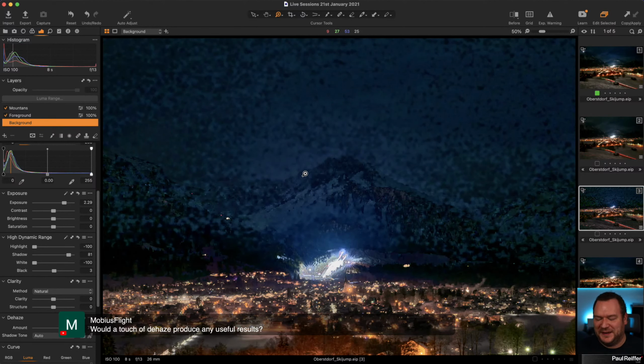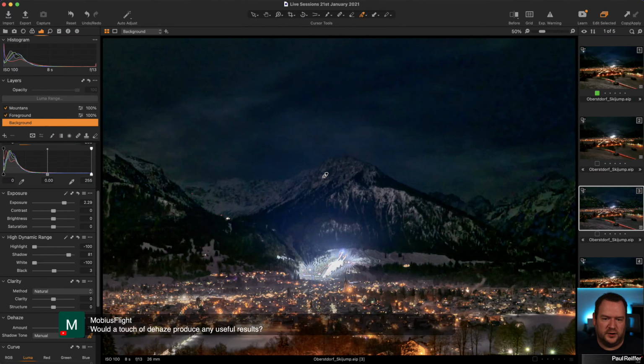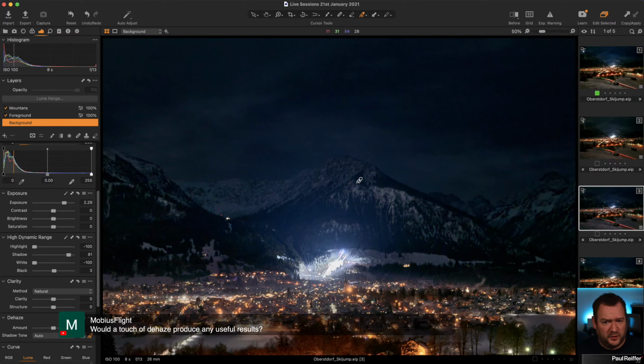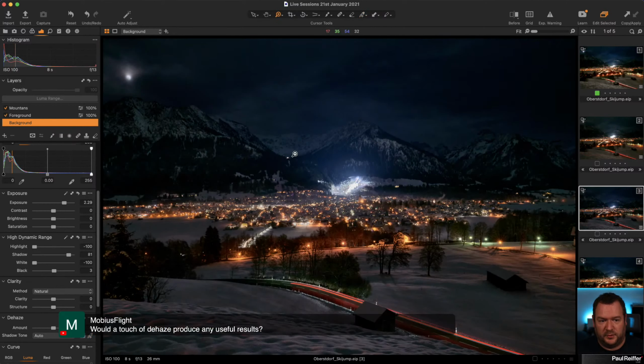So I wasn't predicting that, but I have seen similar things, and it sort of doesn't matter what shadow tone I try and use. You still get this weird mottled effect with the noise. So unfortunately, Dehaze in a high noise environment, I'm not in a place of thinking it's going to help us too much. But in answer to Michael's question,